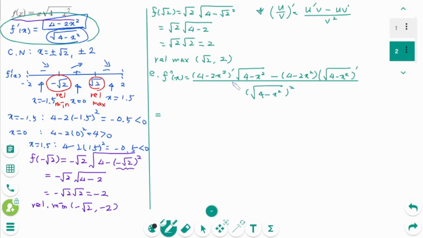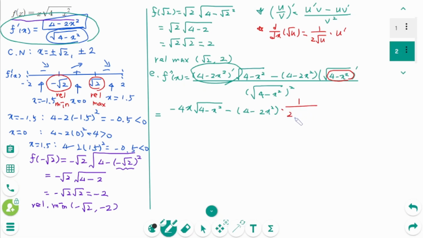Equals, the first one, (4 minus 2x squared) prime is minus 4x, times the square root of 4 minus x squared, minus (4 minus 2x squared) times d/dx of square root of u, which equals 1 over 2 square root of u times, using the chain rule, u prime. Then this part is u: 1 over 2 square root of 4 minus x squared times (4 minus x squared) prime, over